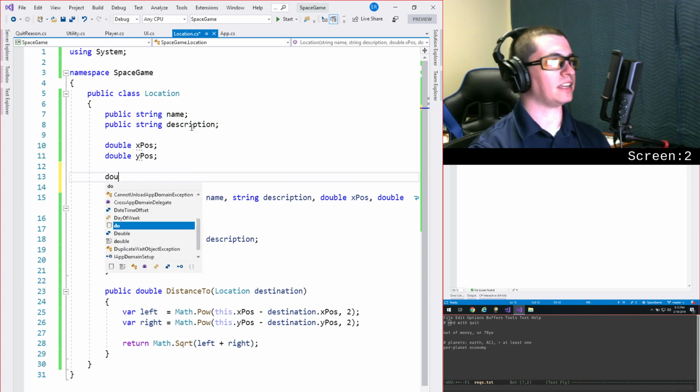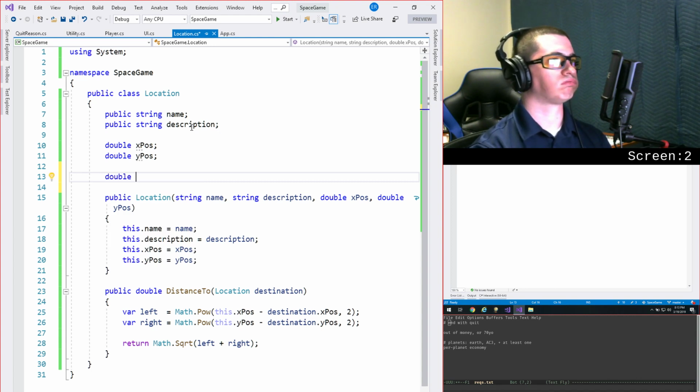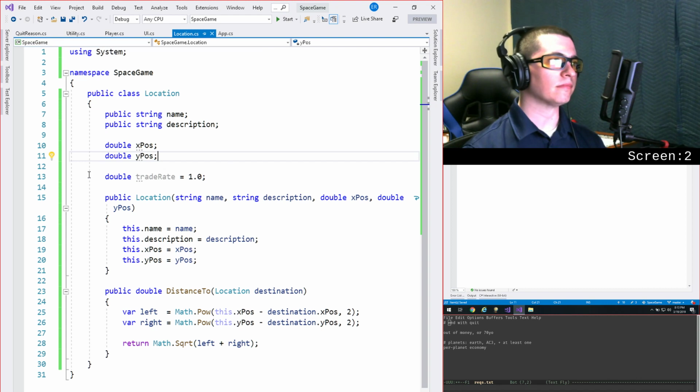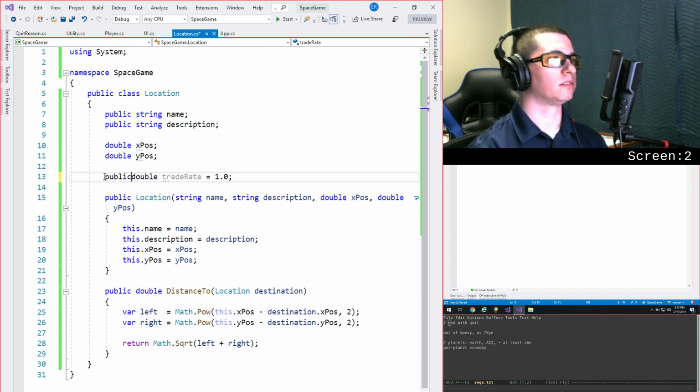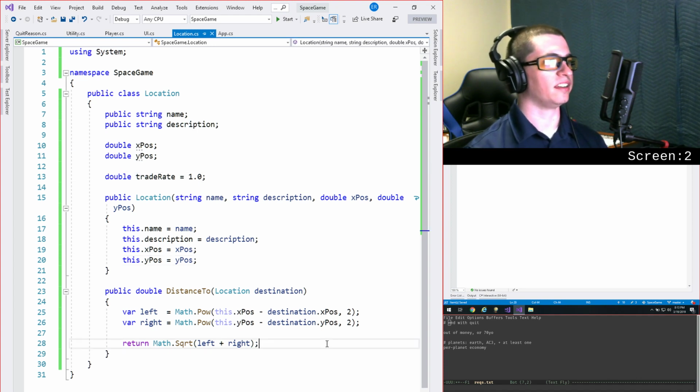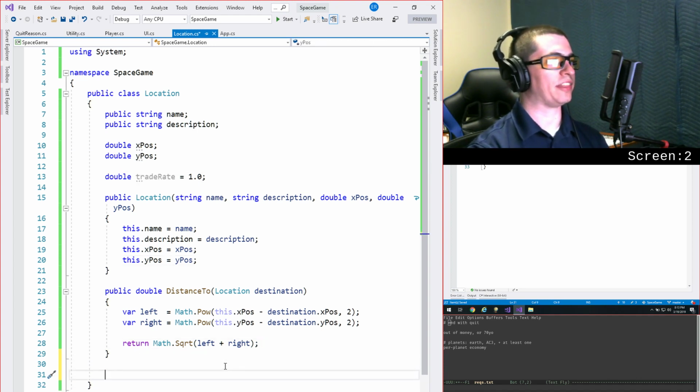So let's go ahead and make a double, we'll call it the trade rate. And we're going to say that it's equal to 1.0 for now because 1.0 is the default trade rate effectively. And we'll make it double as well. Or excuse me, public. We'll make it public. And that way it can be handled directly from outside the class. You know what? Now that I say that, I don't want to do that. I'm going to make a new method that's going to be called